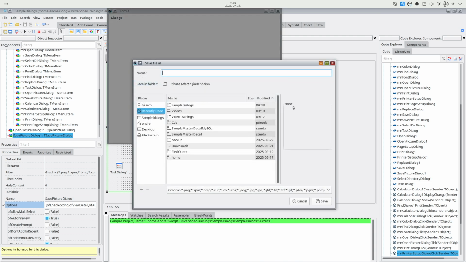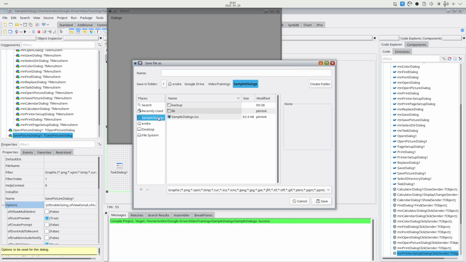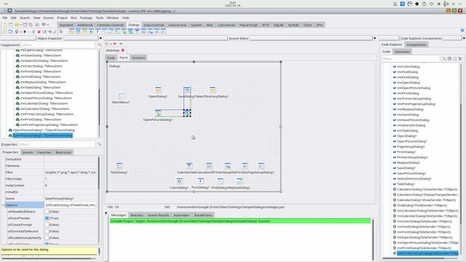Save picture, yeah. So here you have the preview of the file, and here it could be interesting, of course, how you can preview the file when you are saving it. So there you have an option to show this, and of course you can define these extensions. And I think if you select something, you might have the default extension used for this as well. Okay, so these are basically the open and save dialogs, and then we can go to the next one, which